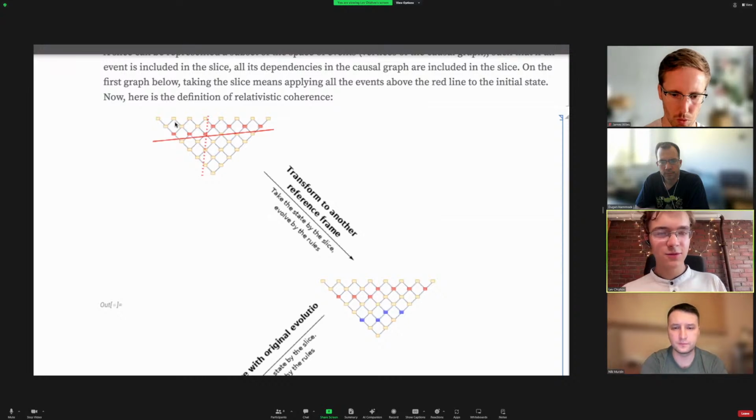I don't know if this is completely clear, but for a one-dimensional example, this would be just a simple split of the one-dimensional